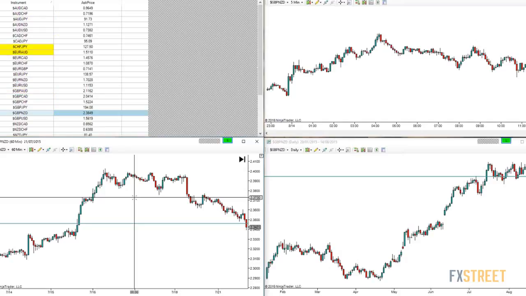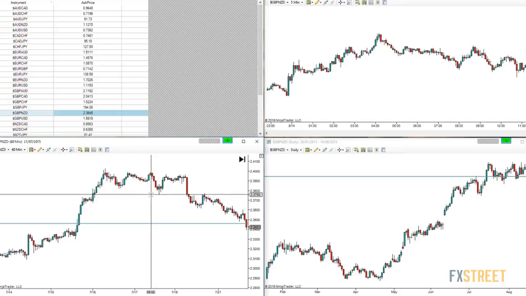So the important thing to understand here is that a support and resistance level for us is just an area where we expect something to happen with the price. It could be that the price breaks through it. It could be that the price bounces off of it. And there are certain things that we look at to indicate what the price is going to do. So what I don't want you guys to do as traders is say, well, I'm just a breakout trader. All I look for are breakouts, and if there are no breakouts, then I won't take a trade. And the reason that that's a problem is ultimately